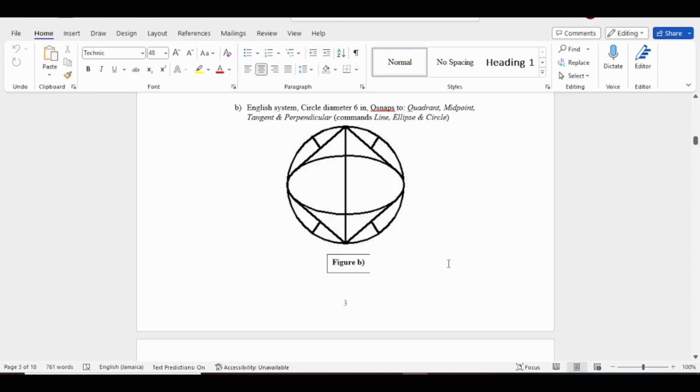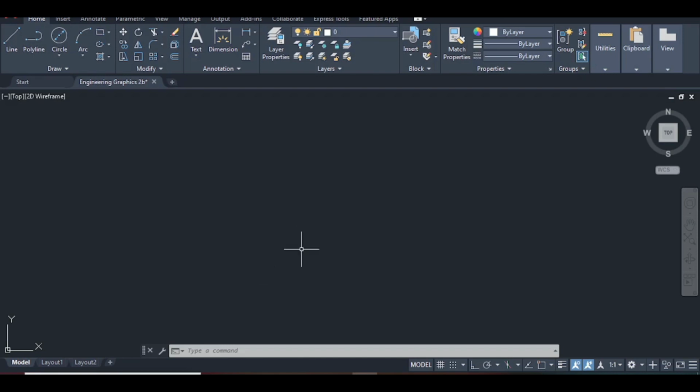Exercise 2B. So first, you should be in the English system. That's inches, and the circle diameter is inches as well. So this drawing is in inches already, but if I want to change it, I type in EWG units,